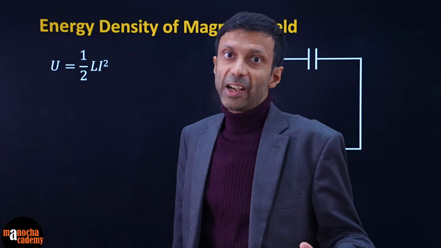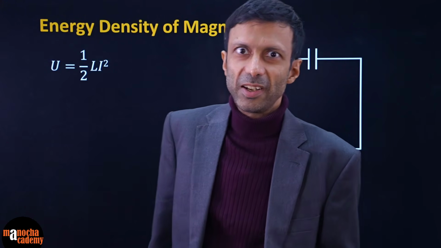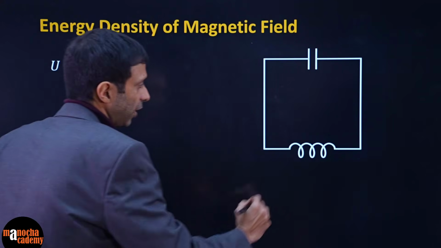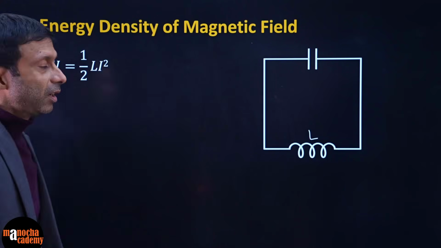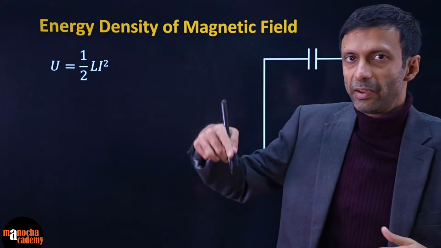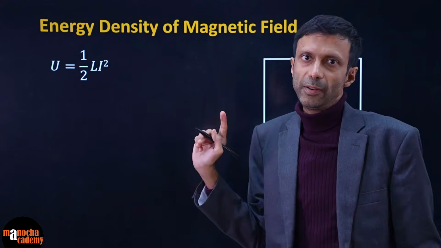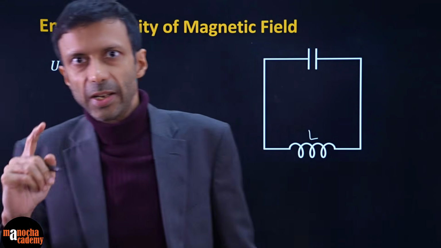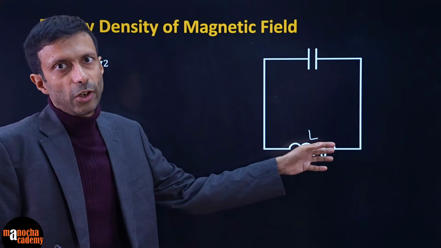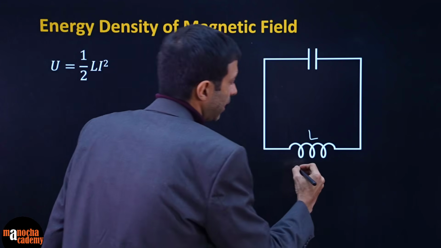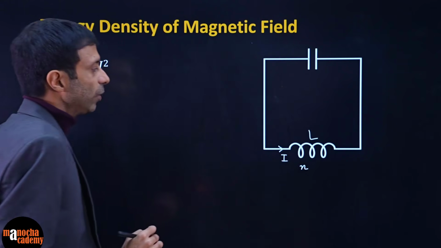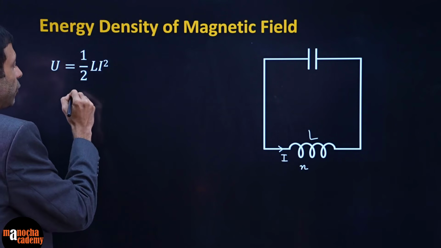Now let's go to the magnetic field, otherwise the magnetic field will feel bad. We talked about the capacitor, now we'll focus on our inductor, otherwise he's going to cry. Remember the energy associated with the magnetic field in a solenoid, that inductor, half L I square. L is your inductance, I is the current. Do you remember this formula? If you have a solenoid like this, having n number of turns, carrying a current I, you remember these formulas.